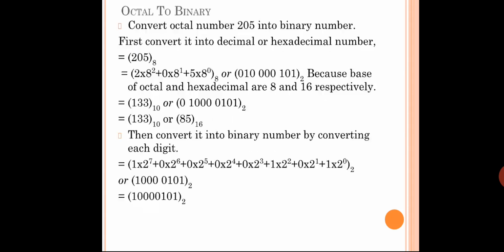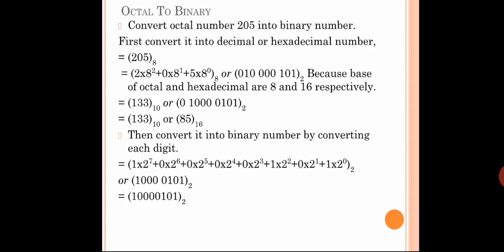So the first step is to represent that 205 in octal. How? By taking the base value 8. Why 8? Octal has the base value 8. So 205 to the base 8. Now you have to convert that into decimal or hexadecimal. It is not binary, because ultimately you are going to get the value as binary, isn't it? So the step has to be to decimal or hexadecimal. I request you to go with decimal itself, because converting octal to decimal will be somewhat easier compared to hexadecimal. But I will explain. It is not a big deal at all. But it is recommended to go for decimal.